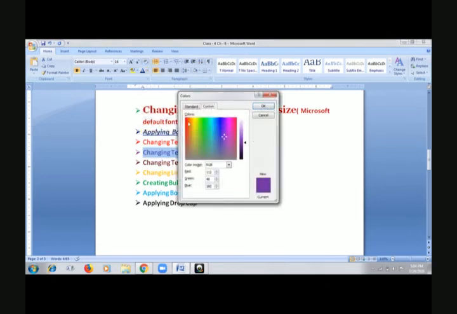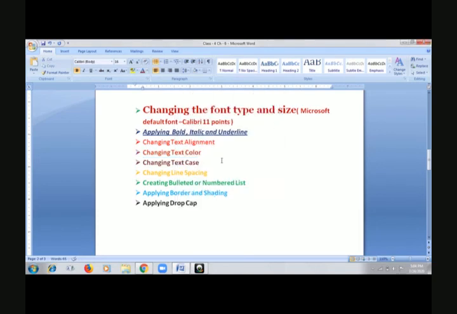Earlier it was blue, and now I am giving it this color, rust. Or you can change it directly from here and give it any color. See, I'm changing the colors and they are appearing. I'm giving it purple now. Clear?